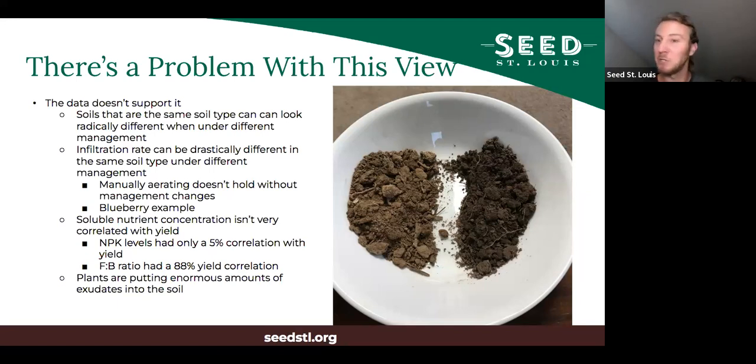You've maybe experienced this: you till your soil, you water it, the water soaks in, but by the end of the year, it's not really soaking in like it did at the beginning. It doesn't kind of hold. An example of this that I like to point out is this bowl right here, which holds 2 soil samples that I pulled off of some family property. If you look at them, these are the exact same soil type, and they used to look exactly the same, and they were under the exact same farm management for about